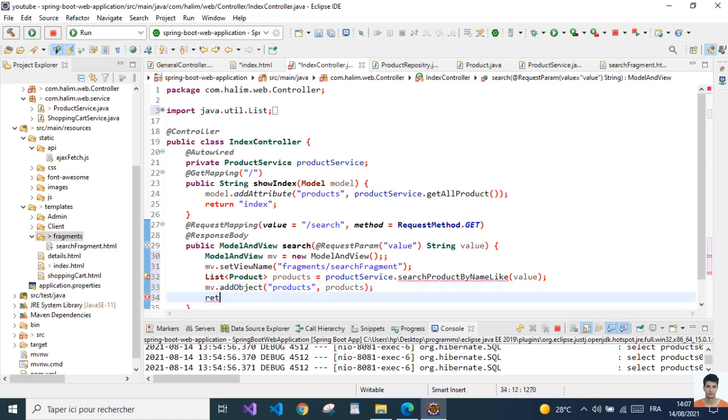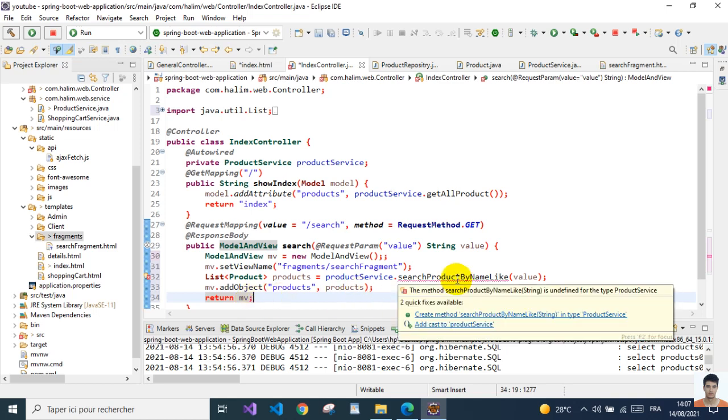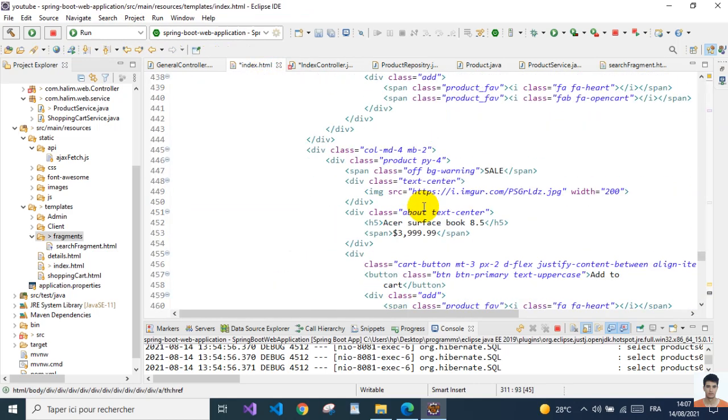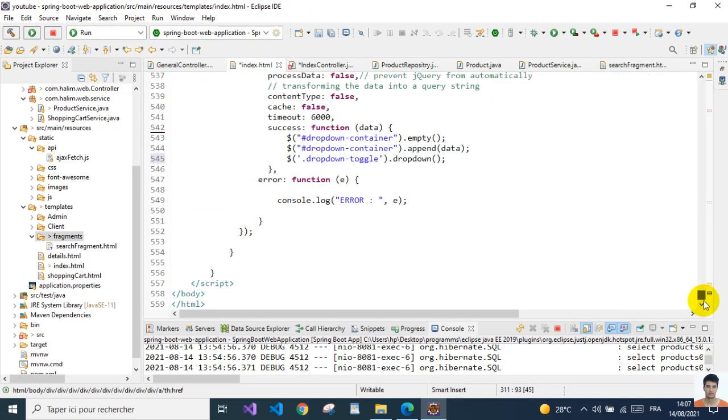Then finally return the model and view, mv. So we will take this fragment, process it, then return the processed string, so as a data to be used directly here. So that's the idea behind it. And what we need to do is implement that,